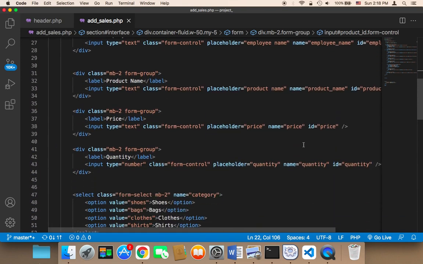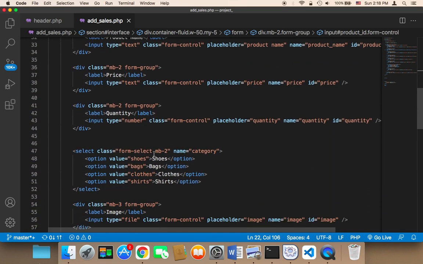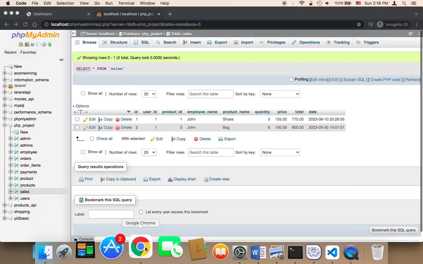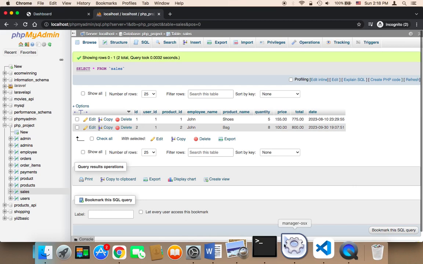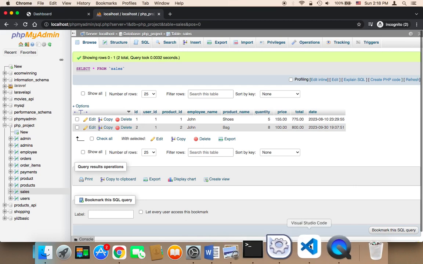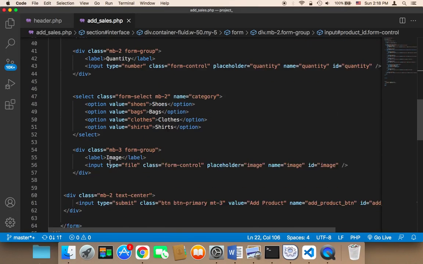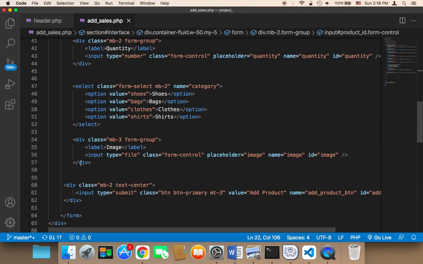And we need the price, the quantity, and the total will be calculated. This total will be calculated. The last thing that we need is the date. So for the date here, we need to remove first this select,